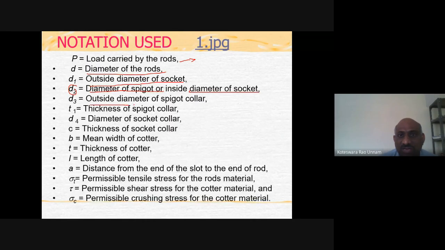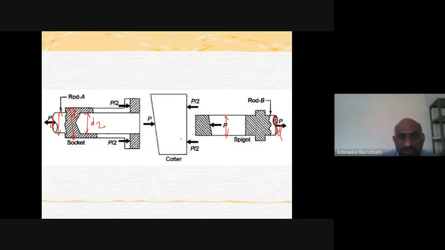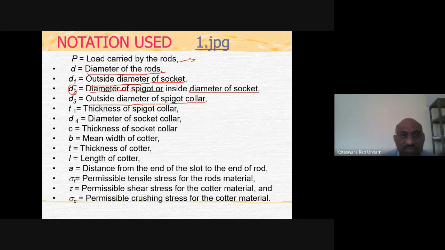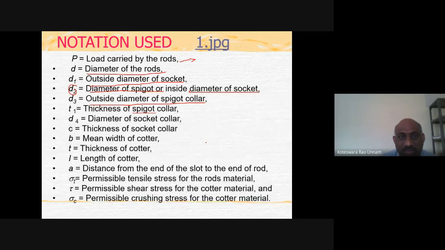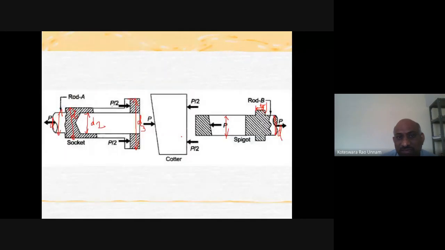Then D3 is the outside diameter of the socket collar. So same thing here, this is the socket collar. This total diameter we'll call D3. The outside diameter of the socket collar is D3. Then T1 is the thickness of the spigot collar. This is the spigot, so whatever this thickness of the collar is, we'll call it T1. So that is T1, the thickness of the spigot collar. D4, the diameter of the socket collar. So this diameter, okay, sorry, D3 is this one. D3 is,